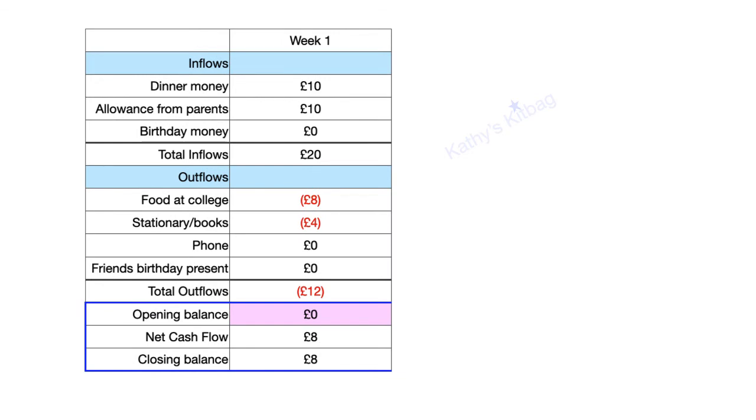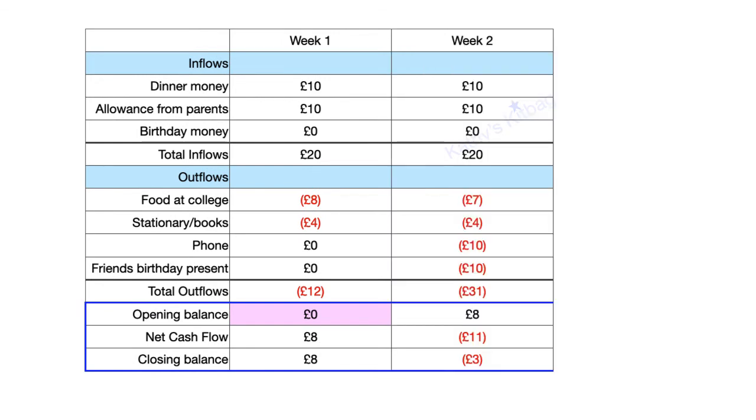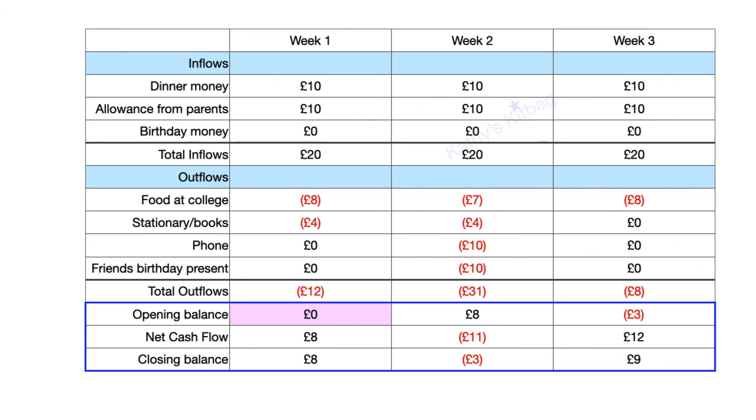So as I say, this is the same as the previous example. Now here, the difference is they're spending a little bit of money on stationery and books in week 2. And what has happened now is that has had a knock-on effect on the closing balance. So week 2, they've got an opening balance of £8, but now their net cash flow is bigger than that opening balance, which means their closing balance would be negative. And then when we go into week 3, that negative closing balance is carried forward. And by the end of week 3, they've had more money coming in again, and they're back in the black in terms of